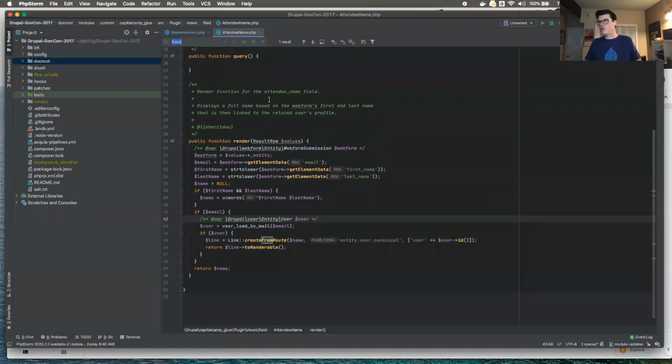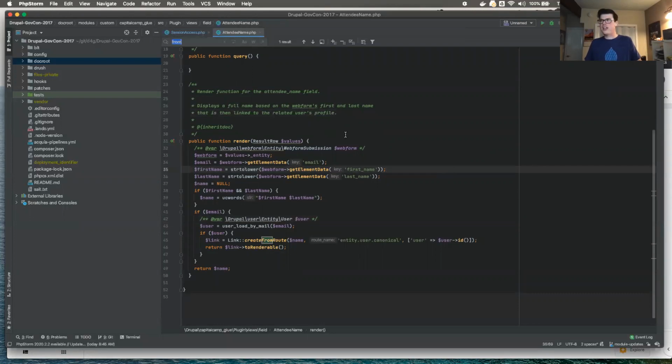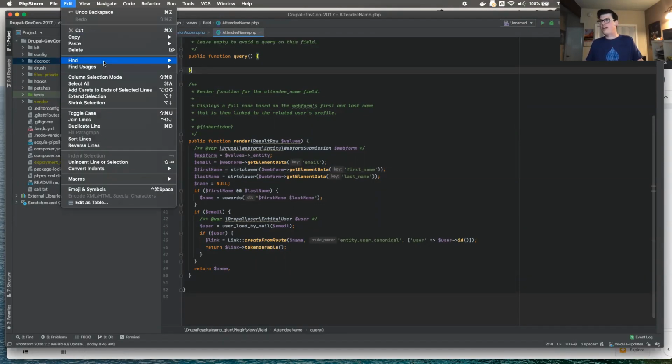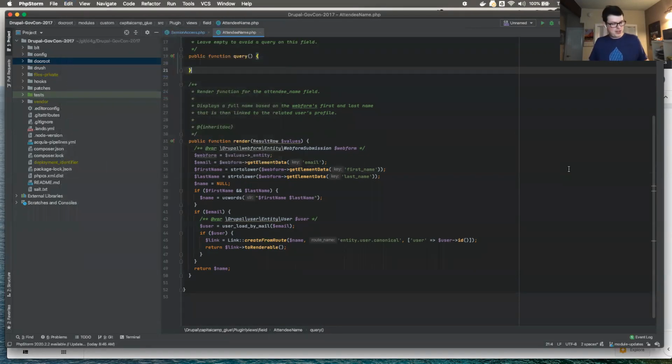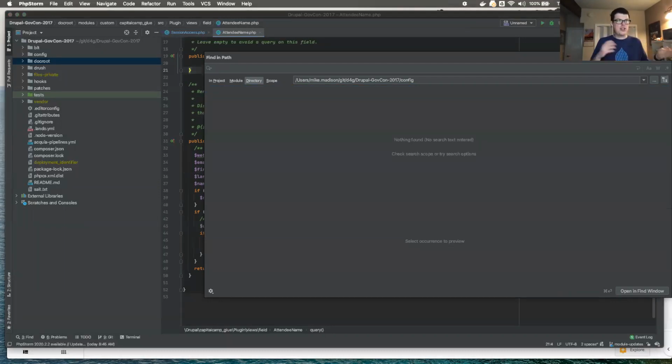You can do in-file search, which is not exciting, and then you can do in-project search. On my keyboard to get that up, I hit Command F since I'm on a Mac. I believe it would be Control F on a PC. You can also go up to Edit, Find. You can also do Command Shift F, which will bring up this dialog, where you can start digging in